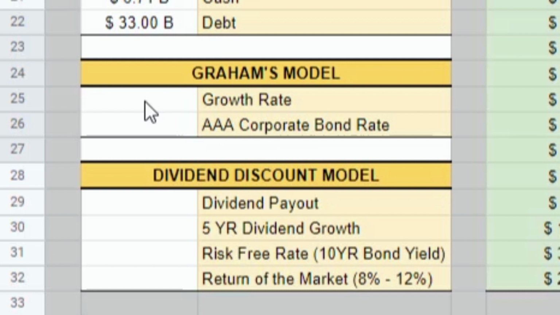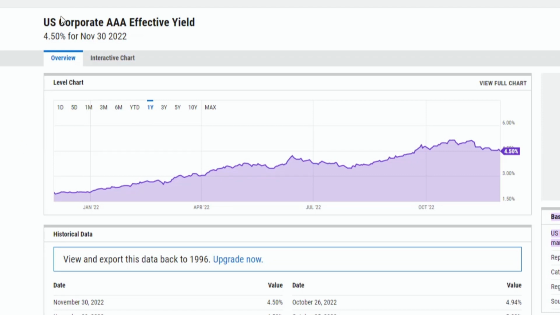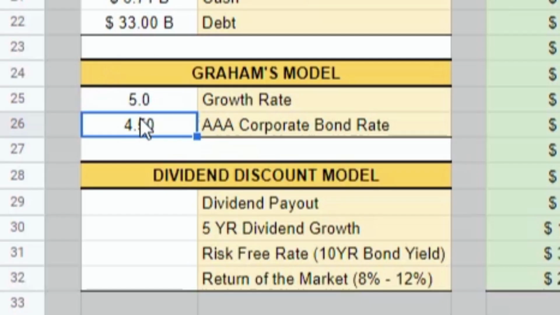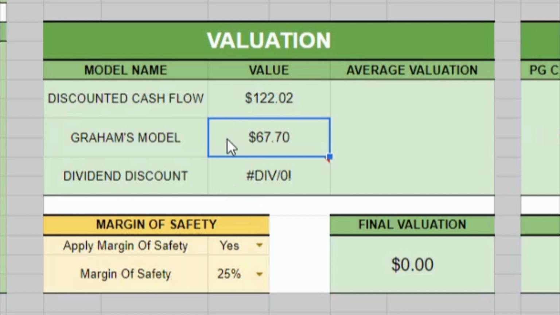Let's go over to Graham's model. So for Graham's model, the expected growth rate from the analysts is about 5%. This growth rate number is the expected 5 to 10 year growth rate per year, and analysts are expecting it to be about 5% per year for Procter & Gamble over the next 5 to 10 years. Now the AAA corporate bond rate, you can find that by a quick Google. AAA corporate bond rate 4.5%, the most recent figure. So we'll go ahead and put 4.5% in for the corporate bond rate, and that gives us a valuation of